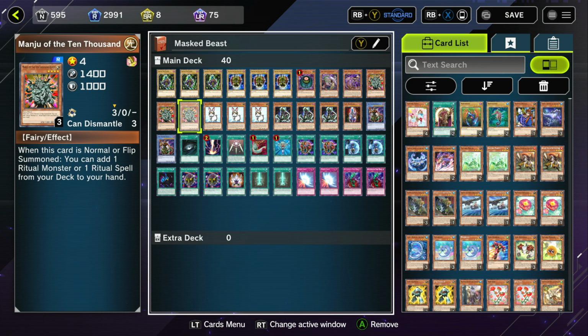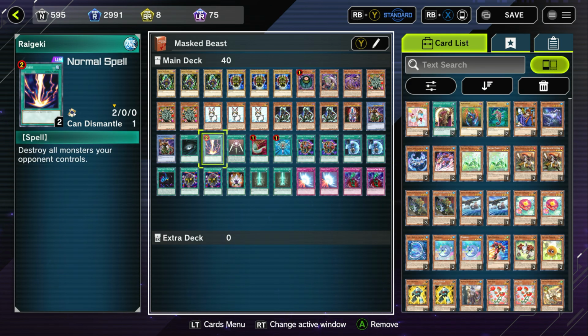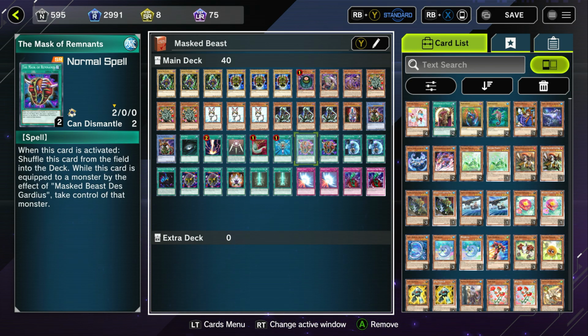All right. 2 Max Beast. Again, good for getting over Blue Eyes and getting over those big vanilla beaters, especially the GOAT format vanilla beaters, old school. But again, it required a bit more effort to summon him. 1 Dark Hole, 1 Regeki, 1 Harpies, Monster Reborn, 2 Mask of Remnants,